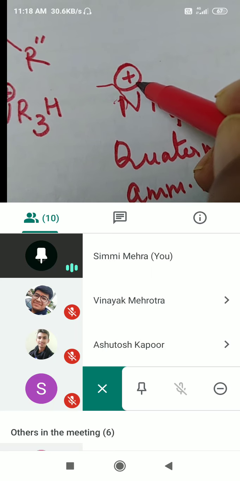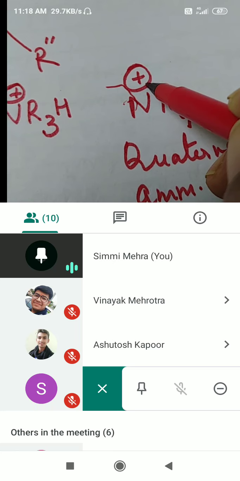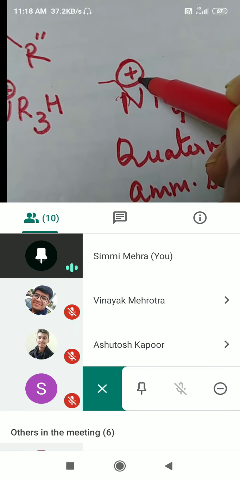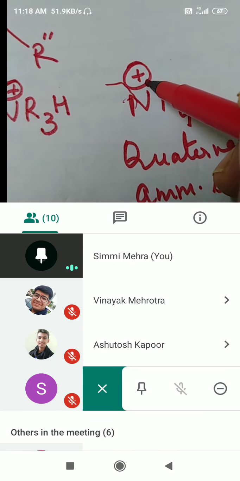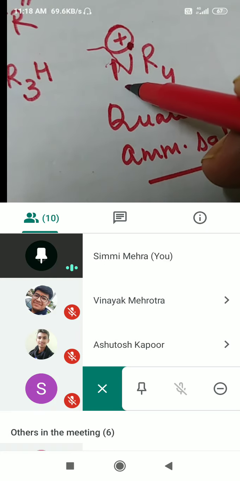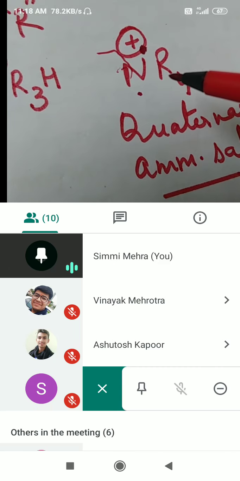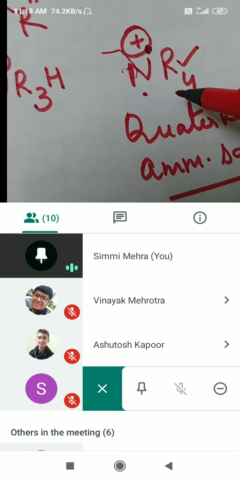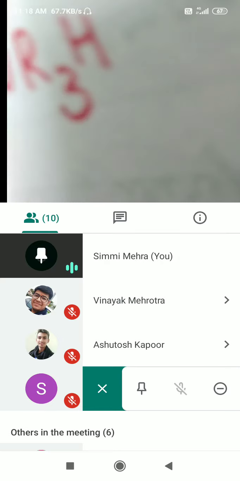I told you the maximum covalency of nitrogen. This is asked in 1 mark question. What is the maximum covalency? In NCERT, a coordinate bond is treated as a covalent bond. So the maximum nitrogen can form is four covalent bonds. Here amines are ammonia derivatives. One by one, you replace hydrogen by alkyl group, and the fourth bond, which is formed with alkyl group, is actually a coordinate bond formed by lone pair. So that forms a quaternary ammonium salt.